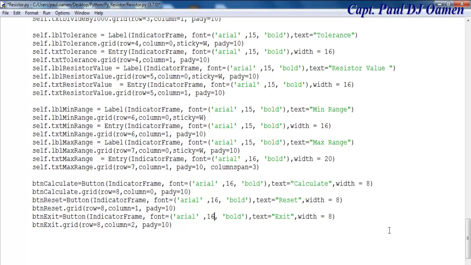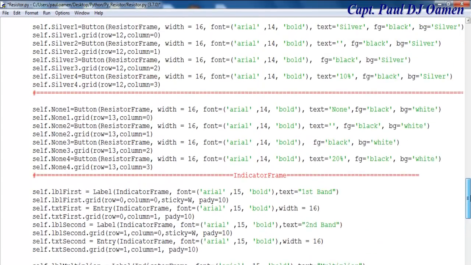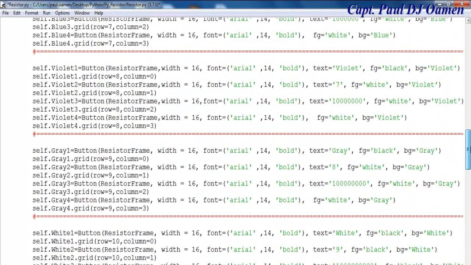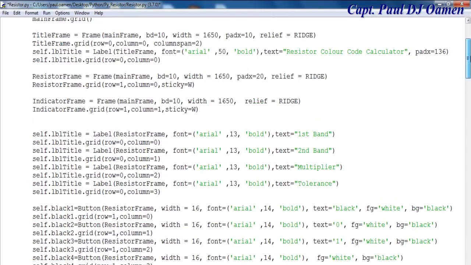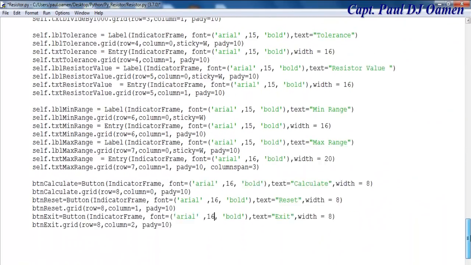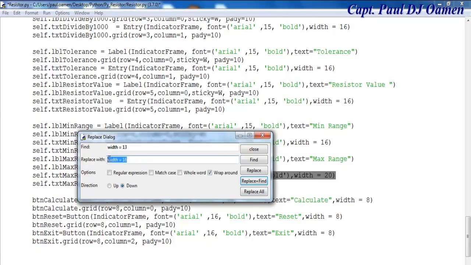Change all of these to 16, and we then need to change all of these. Let's see if I don't have any other 16. I can just do it in one go. Come right down. Now copy all of these. No. Okay, I'm going to have to, yeah, I can do it in one go. Copy, Control C, Control H,